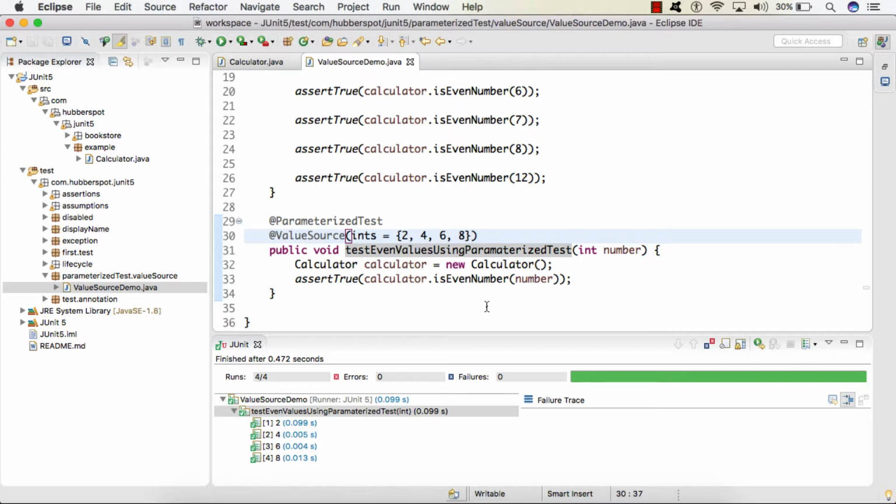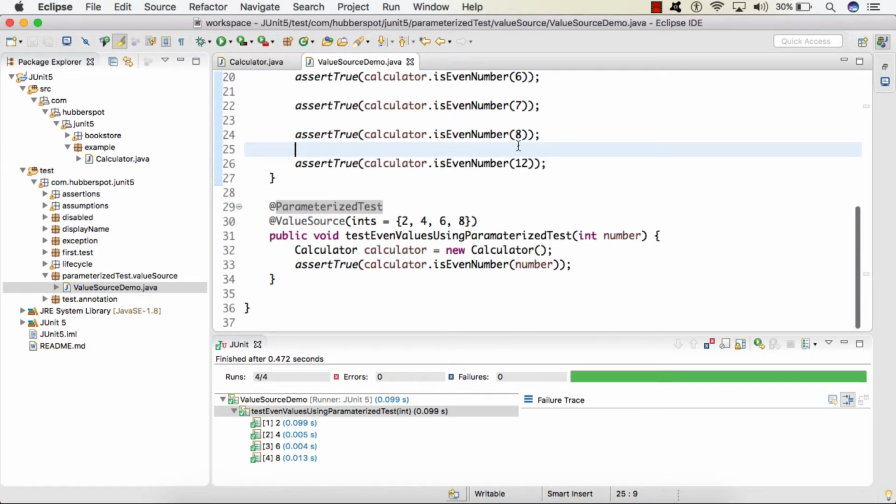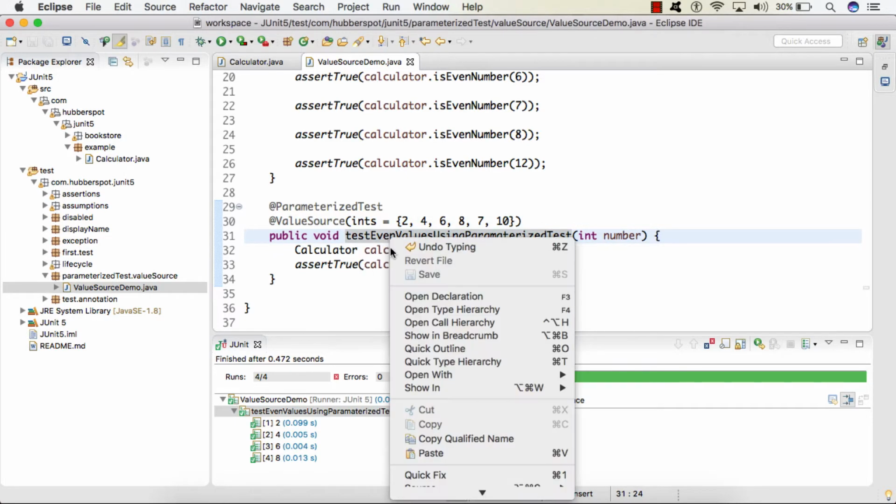So friends, here you can see the advantage of using @ParameterizedTest. Instead of writing this many asserts multiple times with different values, we can simply provide different values like this, and we can simply call assertTrue once. So friends, let's say I provide a value as 10 and here I provide a value as 7. If I run this test case now,